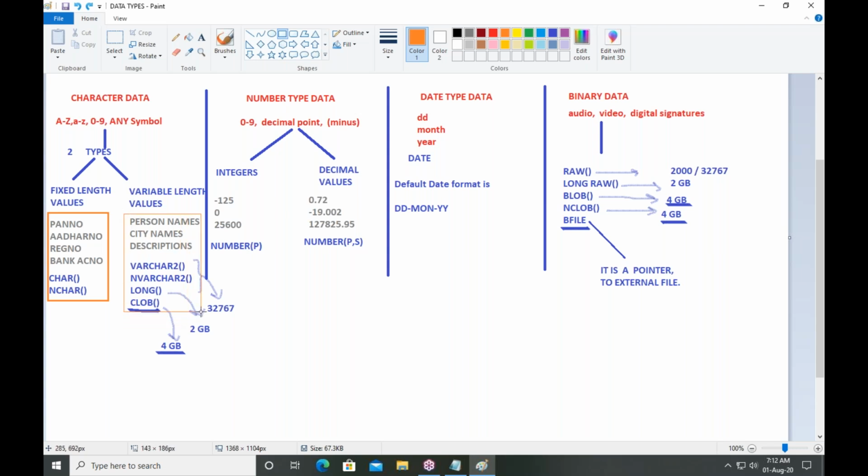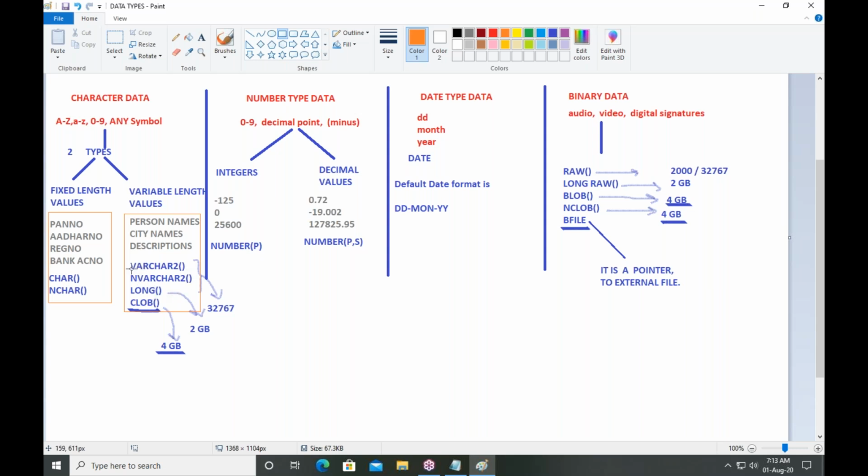If you want to store data in any other regional language, then use nvarchar2. It will support universal languages. Varchar2 is to store the language in English.